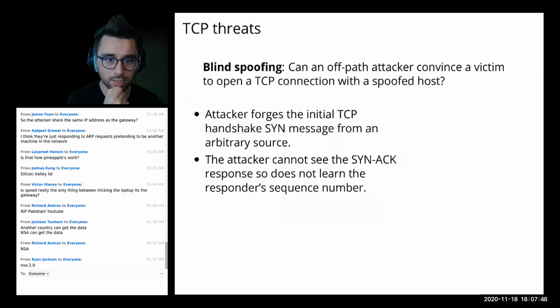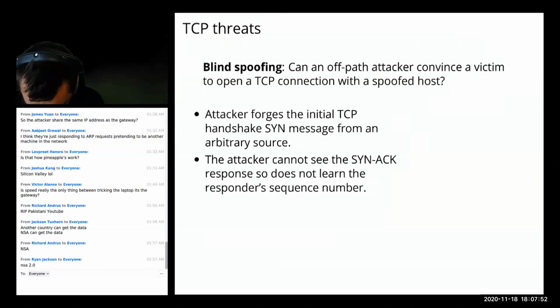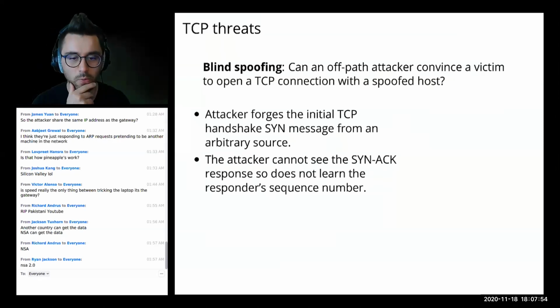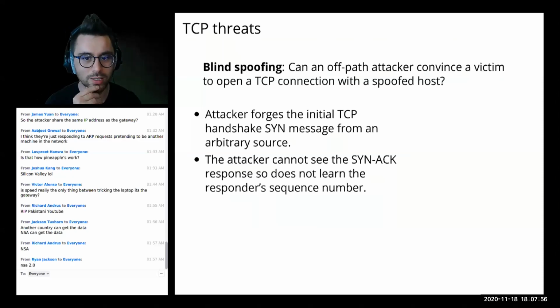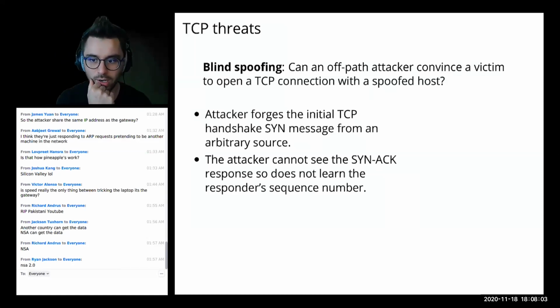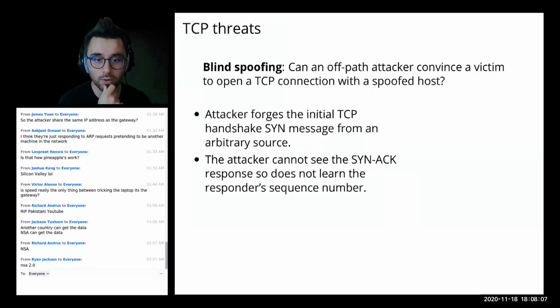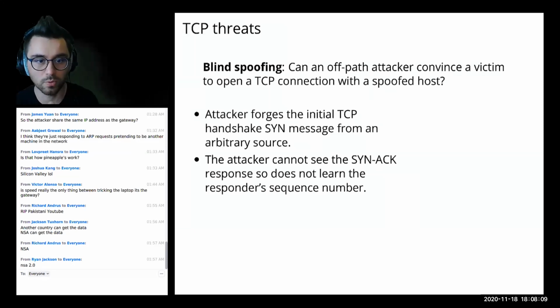Because if we do that, what happens? Why is it bad to create a connection with the spoofed host? Well, you keep a bunch of resources on your machine. So we get to connect to a spoofed host and take the spoofed host down, right? So how do we do this blind spoofing attack?